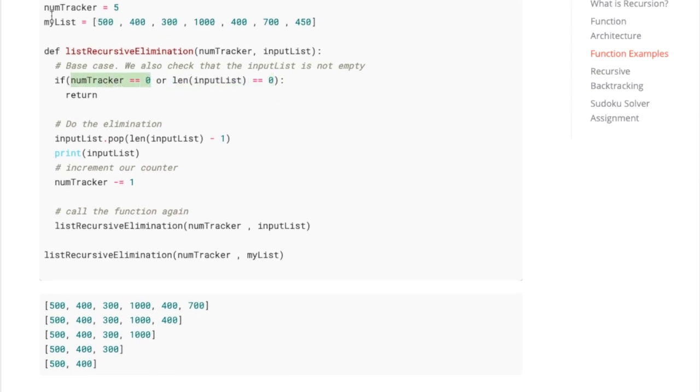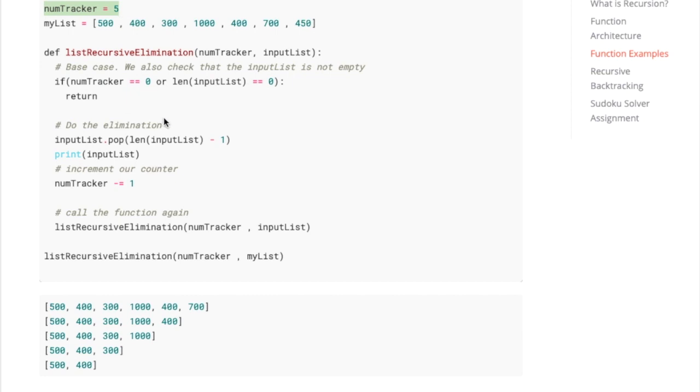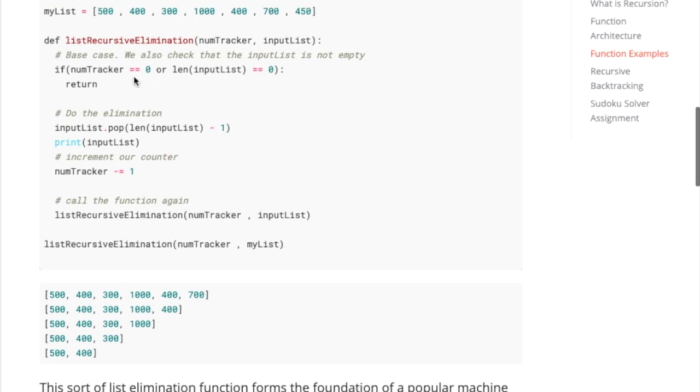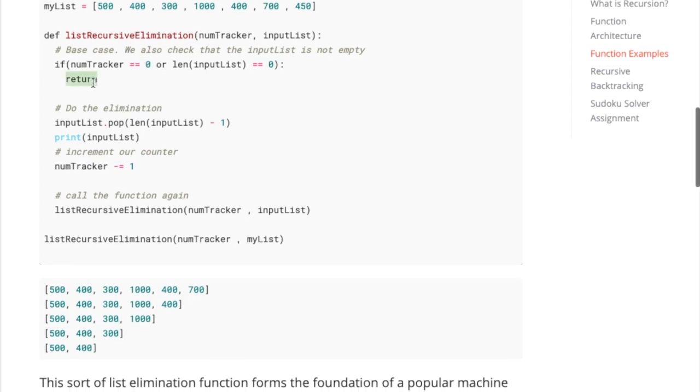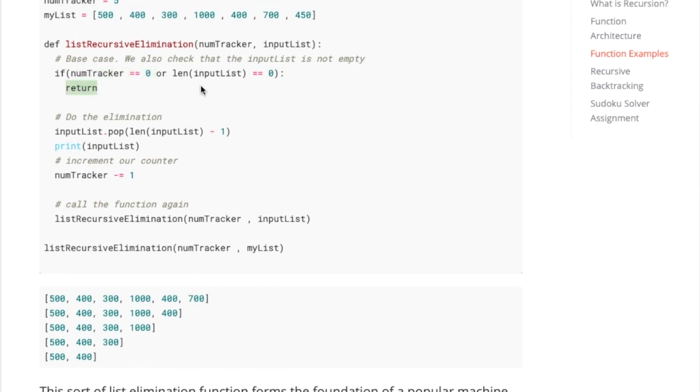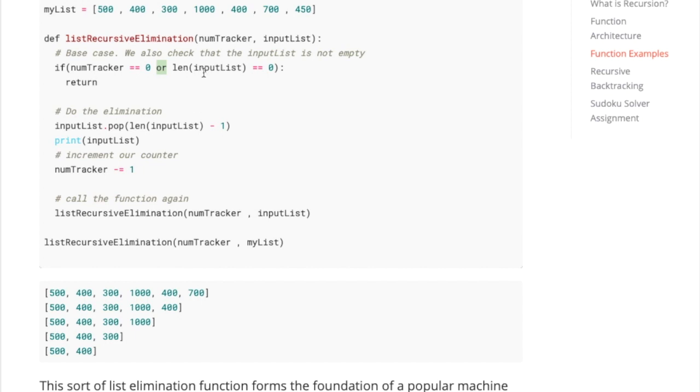So num tracker is basically going to keep track of how many things we've removed. We'll iterate it down, or subtract one from it, every time we call the function to keep track of how many things we've removed, right? Or you can think about it as how many things are left to remove, right? So if we have 0 things left to remove, that means we're done, so we can break out. So if this is true, we'll break out. Or, right, if this is true, so if our list has 0 elements, we can't remove anymore,